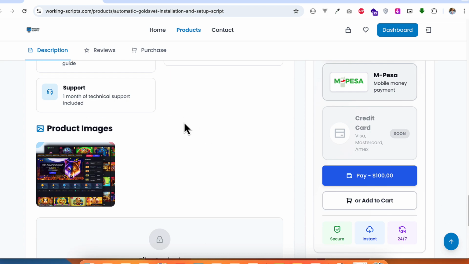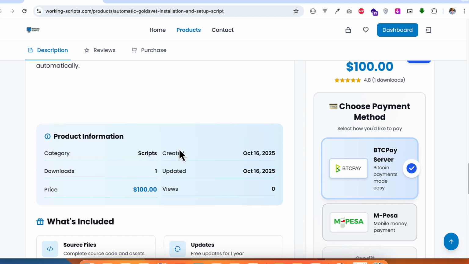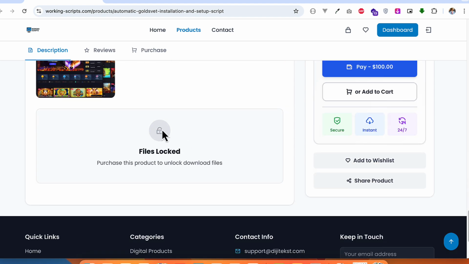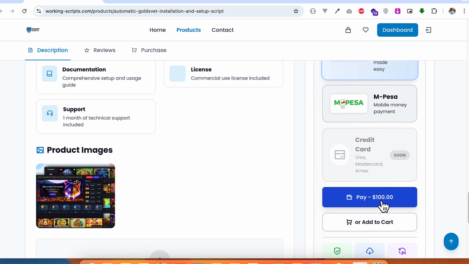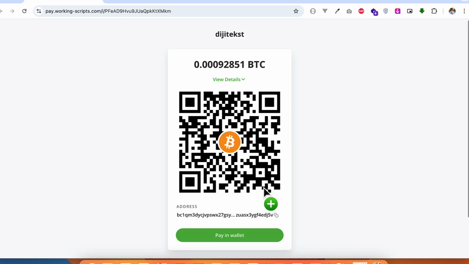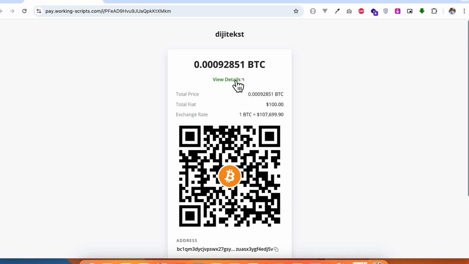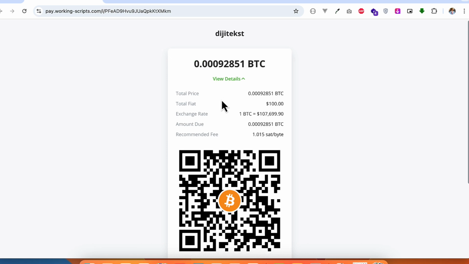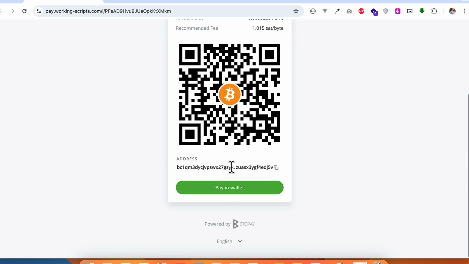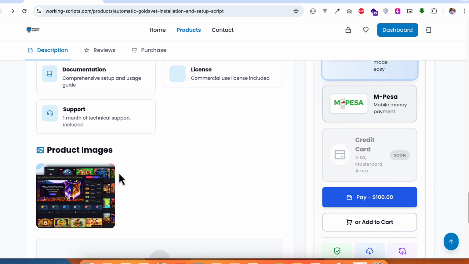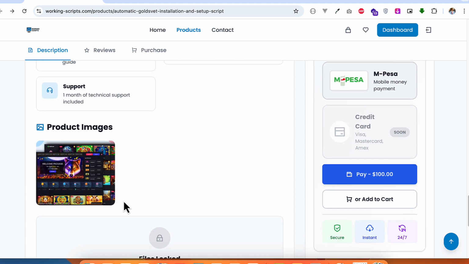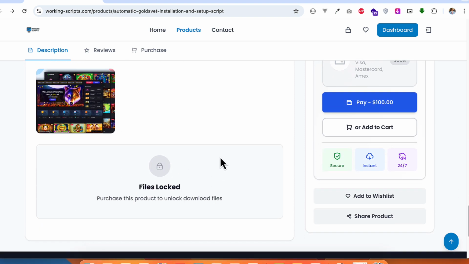So for you to buy this script, you see it is locked because I've not bought. For you to buy, you just need to click on pay. It is only $100, and you know that the installation costs $300, and that can take even more than a day, but this one takes only 20 minutes. So you just pay for this script, and once you pay, you'll have access to the files. You just need to download that file,